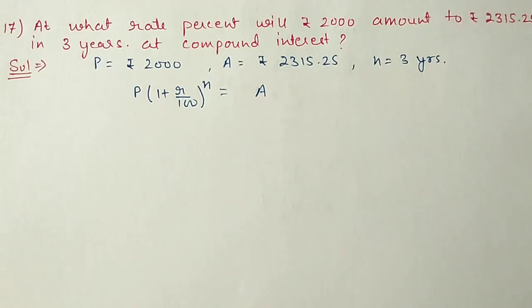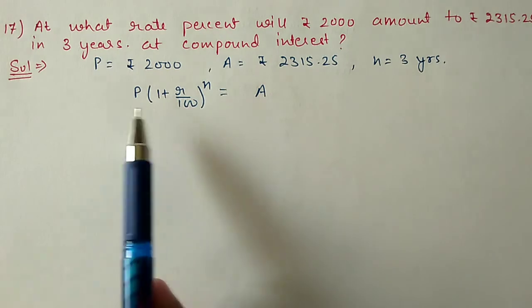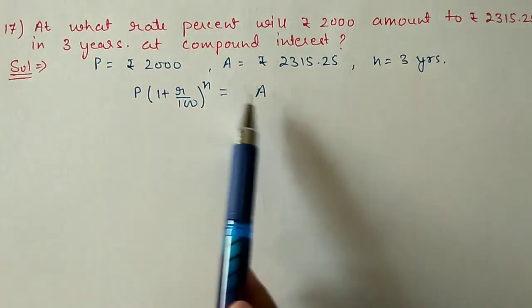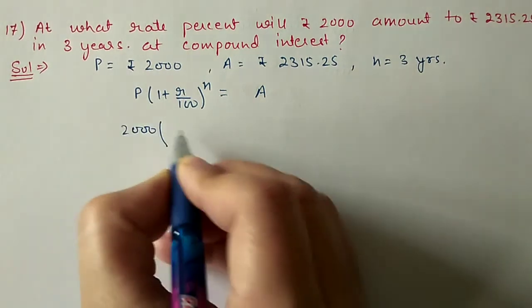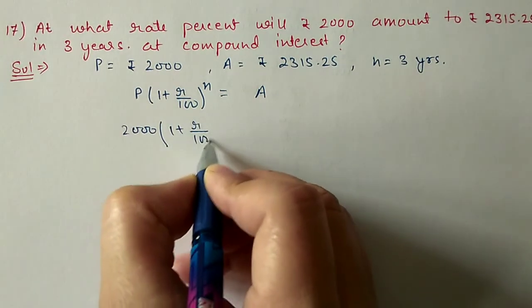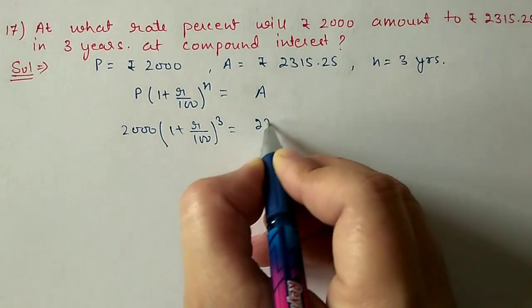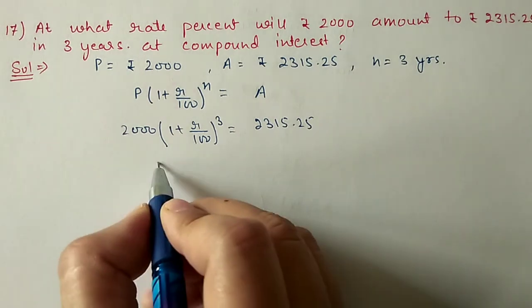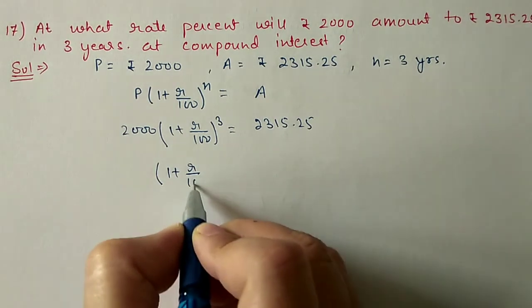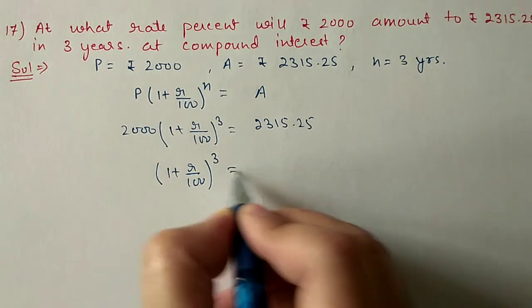17. At what rate percent will 2000 rupees amount to 2315 rupees 25 paise in 3 years at compound interest? So this is a similar type of question. We'll use this formula, p into 1 plus r by 100 to the power n is equal to a. Substitute values here. 2000 into 1 plus r by 100 to the power 3 is equal to 2315.25. 2000 we can shift to the other side, then we will get 1 plus r by 100 to the power 3 equal to